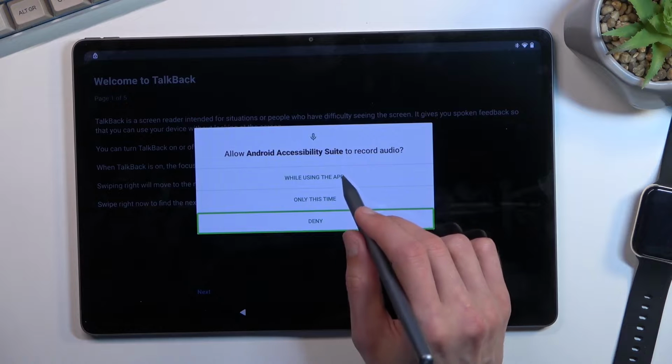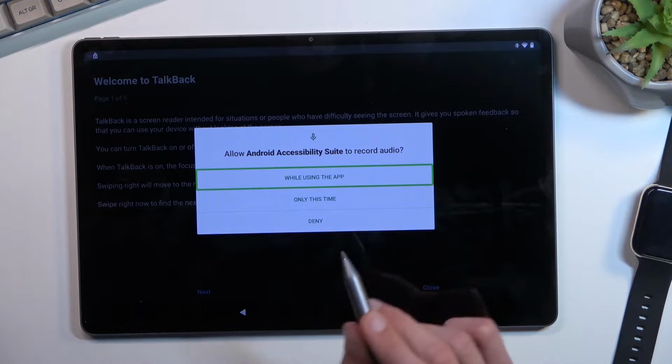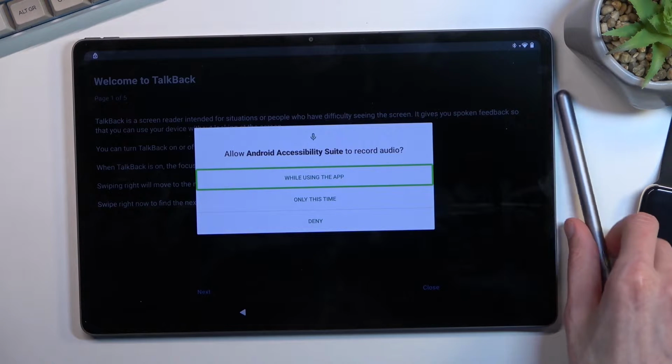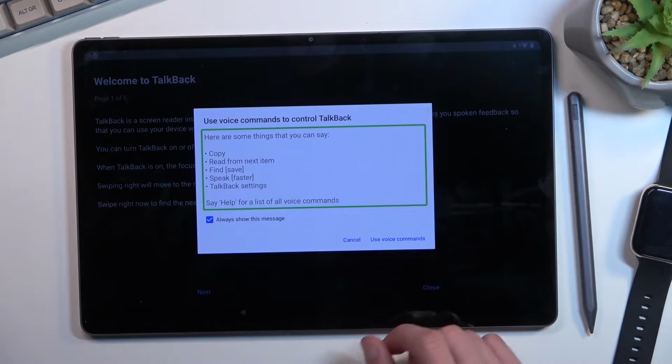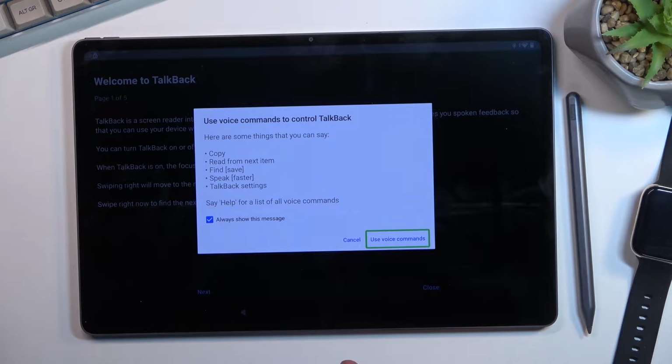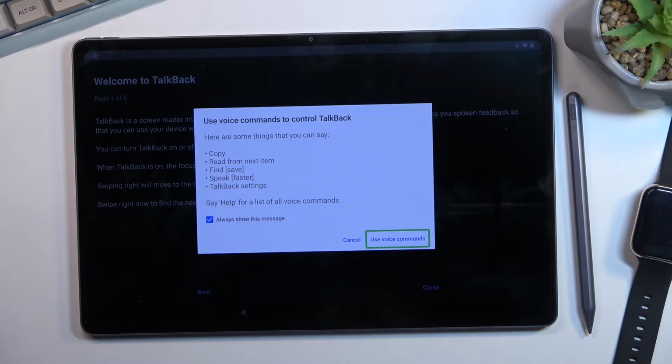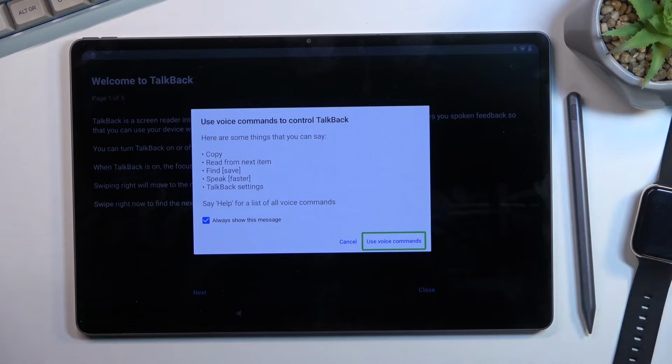But we're selecting the first option, which is while using the app. Apparently the pen doesn't really work here, so I'm just going to use my fingers. And then I'm going to select use voice commands, and then we're going to tap on it twice. In a second, before we do so, I'll quickly go into what we actually need to say. So once we double tap on it, the tablet will start listening to us, and you will want to say open Google Assistant. It will then open the Google Assistant, and once it does, you want to follow up with open